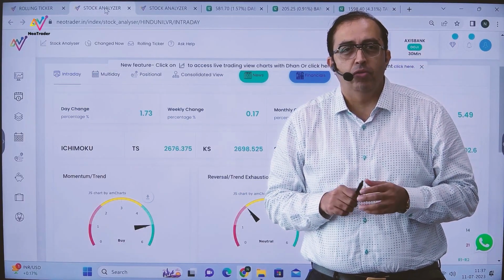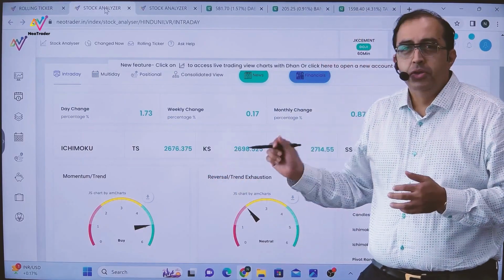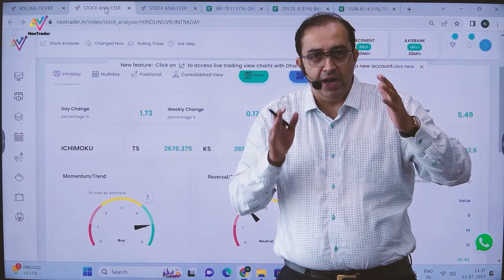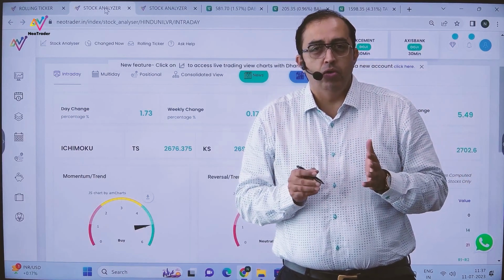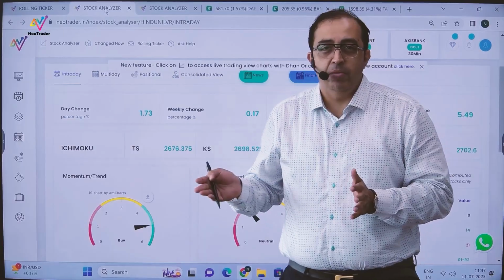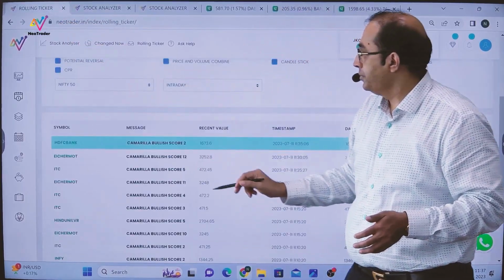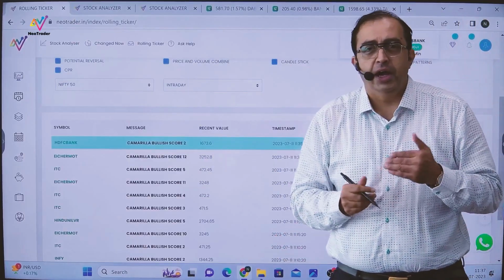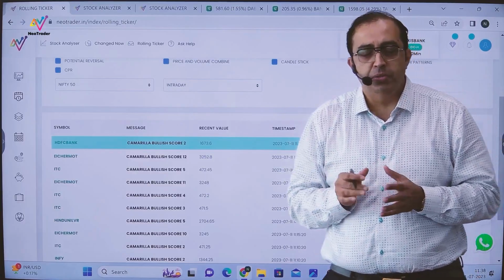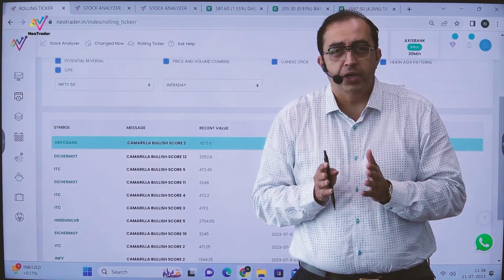All right. So I hope all of you have got a good idea now on how to look at the setup and how NeoTrader along with rolling ticker works. NeoTrader is giving you the Camera entire page setup. Now, if you want to refine it further and trade faster and more efficiently, that can happen very well with rolling ticker. So rolling ticker is the page for you. Once you get into rolling ticker, the scores will keep appearing and you can start taking your own trades. All right. So this was a video where I wanted to share with you how to use NeoTrader along with rolling ticker for the Camera pages.